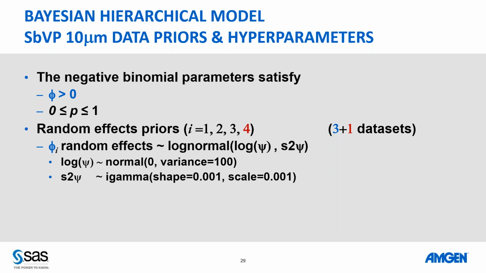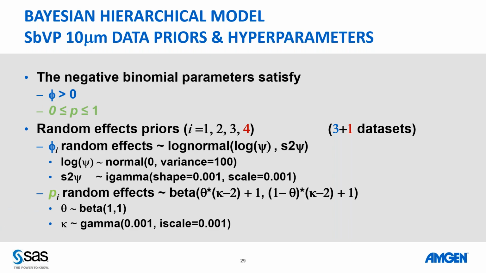And this is the only thing for us here is to keep track of things. And I will show you a diagram. And this is what you need to keep track of when you're going to write the PROC MCMC code. But if you have an idea of the structure of the hierarchy, then it's easier. And again, for P, which is a probability, we're going to use a beta distribution. And then the parameter theta is 1, 1, and the parameter K is gamma.